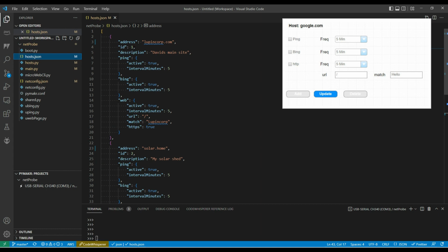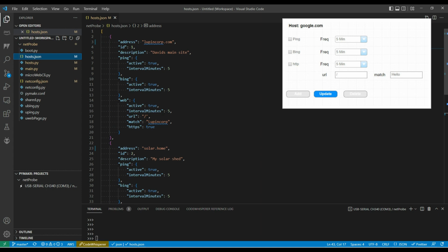It has a unique ID, has a description, and then for each of the types of tests, so for ping it has whether it's active or not and the interval minutes, Bing active or not, interval minutes, web active or not, interval minutes, and then